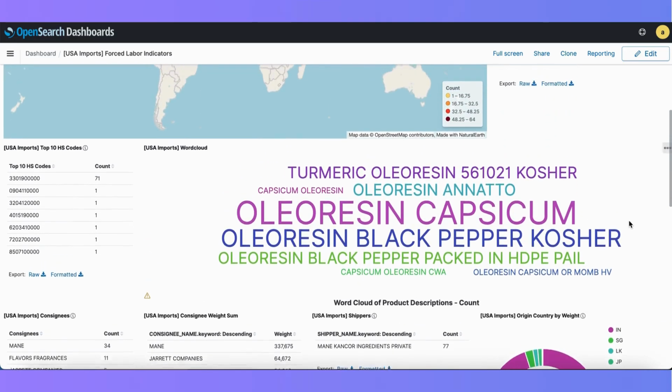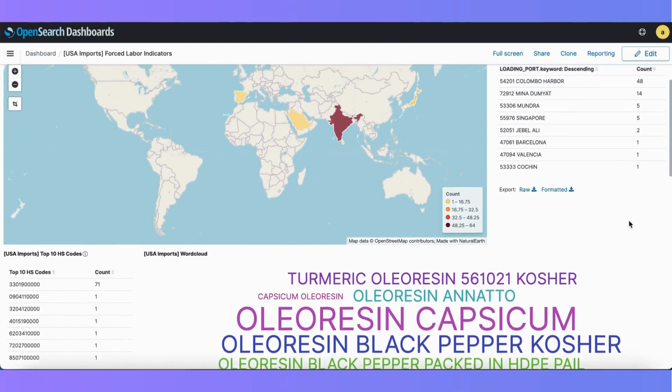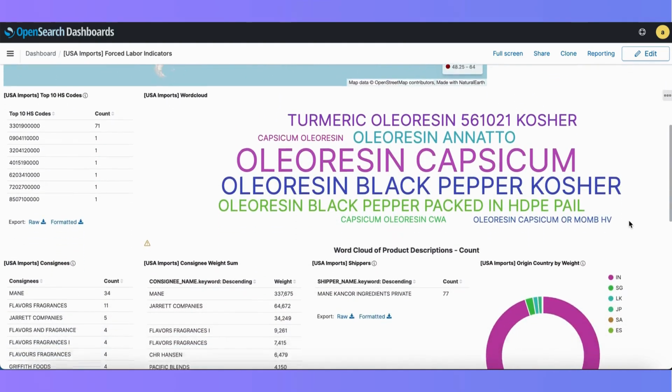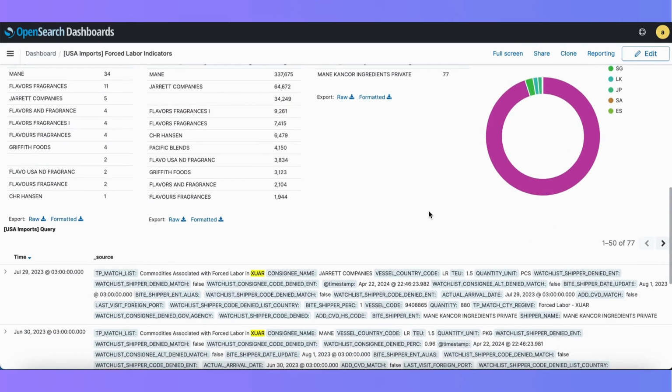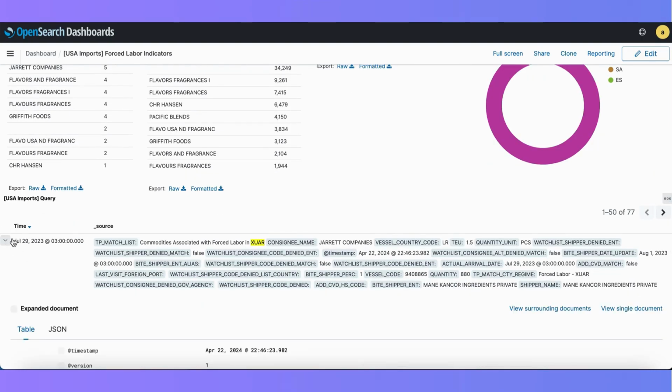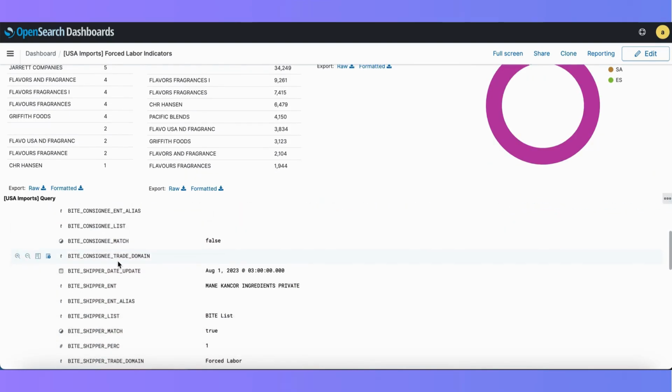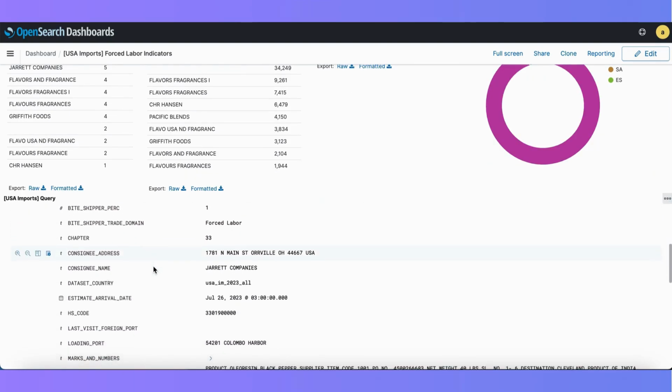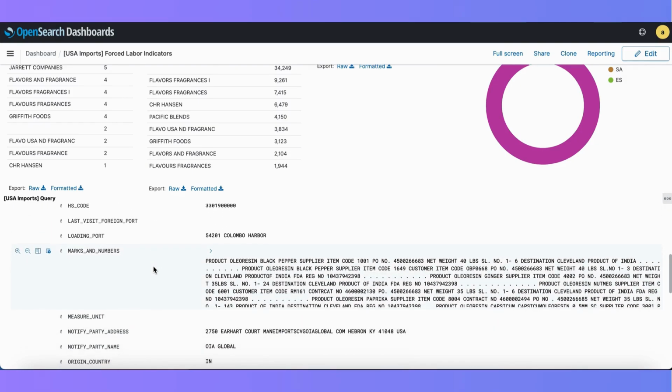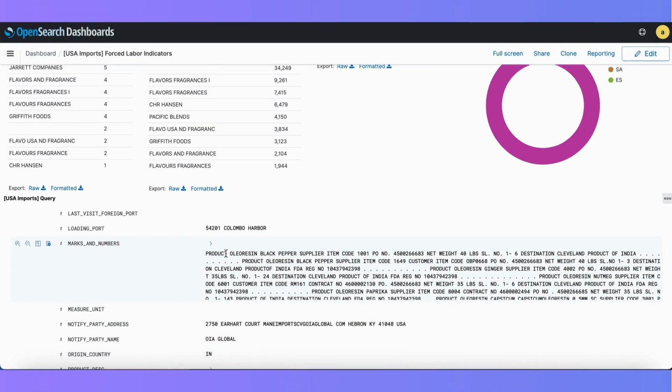So that's a good sign. I can open up the details of the transaction. Main Cancor in India is shipping oleo resin with an origin country of India.